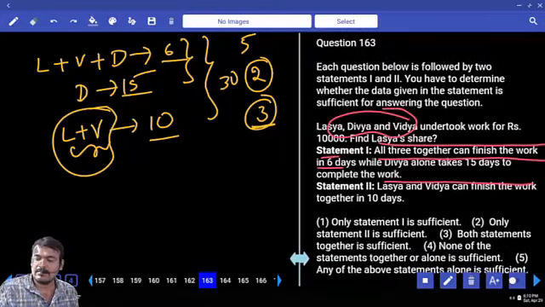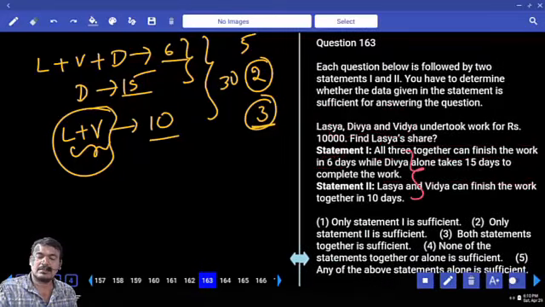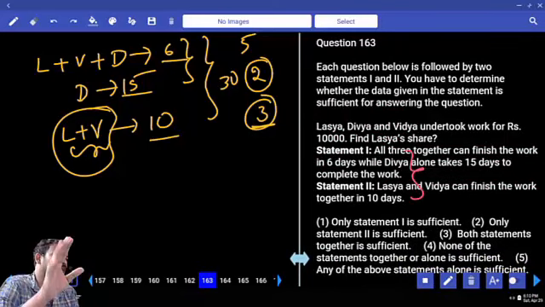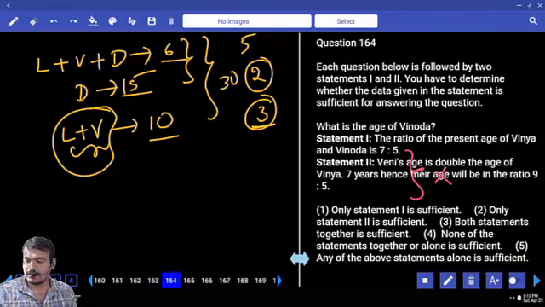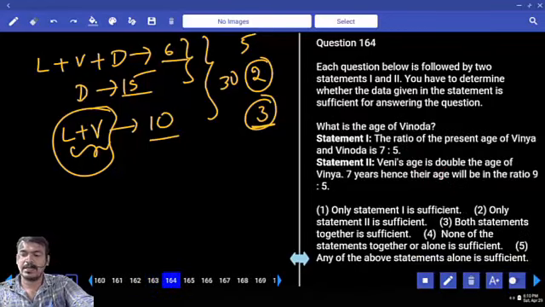No. Then answer: both one and together, sufficient or not sufficient? Not sufficient. If we know the Lasya efficiency, we get the Lasya share. But here we are not getting Lasya efficiency, or not. Then answer: both one and together, sufficient or not sufficient? Not sufficient. Next, 164. What is the age of the